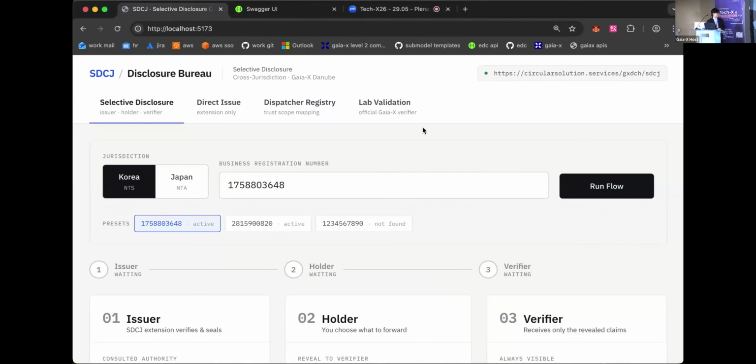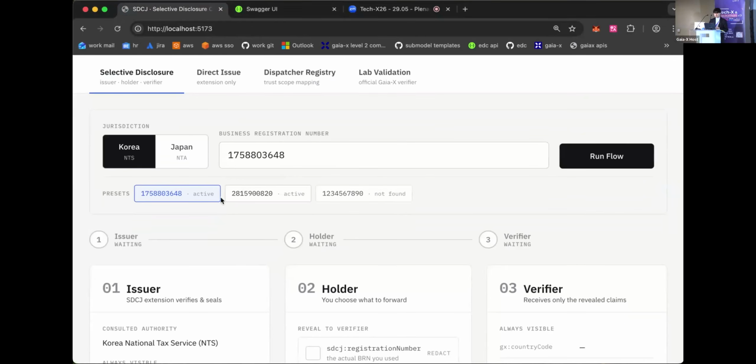So this is a UI that we've prepared for the hackathon. This is the full flow of the selective disclosure process. There are 3 presets here. These are Korean business registration numbers. 2 of these are legit and valid numbers, and this one is a made-up number. If we try with the fake number,